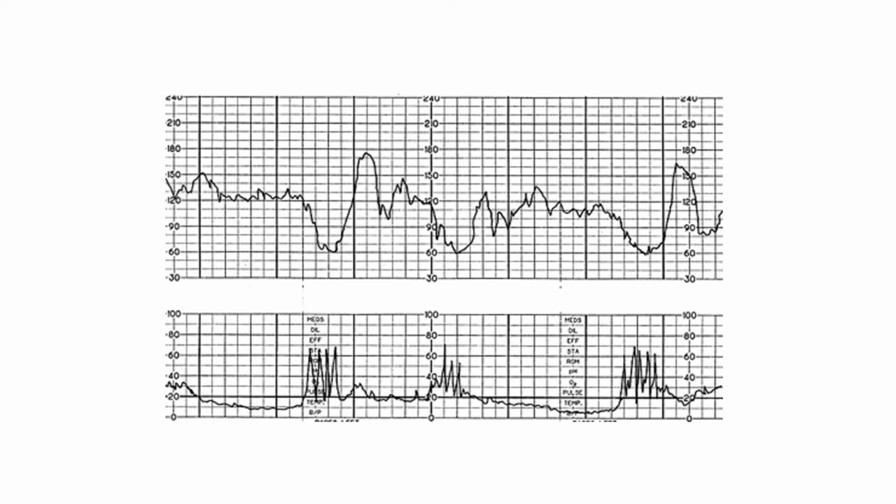In this CTG, we can see that there is a severe variable deceleration with overshoot. However, variability is preserved. So you can see that these are uterine contractions, and these are the variable and the late decelerations which are persisting here, and then again here. The variability is preserved, so all you can say is this is the baseline, this is the variability, there is no acceleration as such,